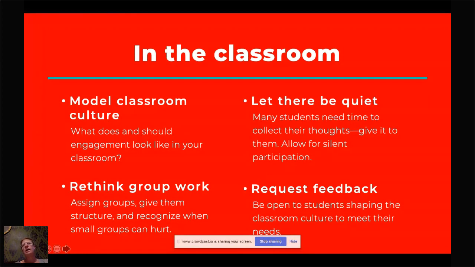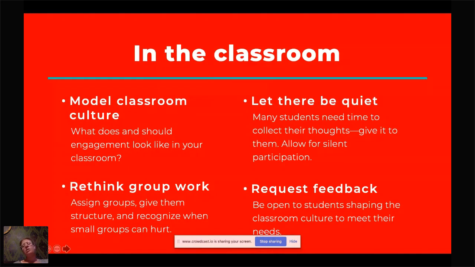And I always set a time limit on it because students write at different speeds, but setting a time limit of like 2 minutes is enough time for students to write down some thoughts. This helps students prepare to share in larger class discussion, but it also gives them a way to participate even if they don't share vocally, just giving them time and space to write for a little bit.